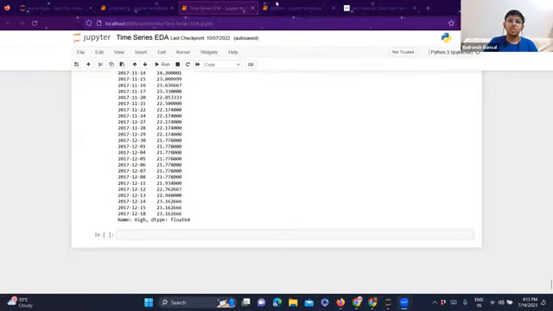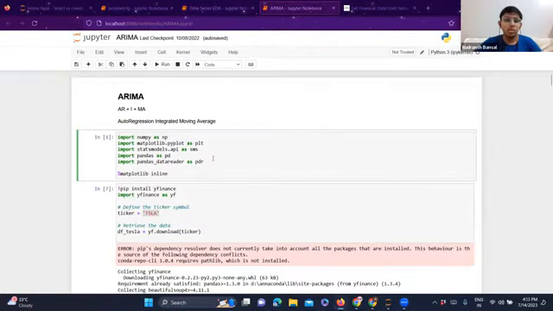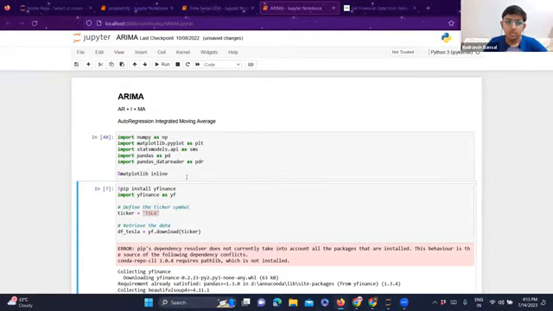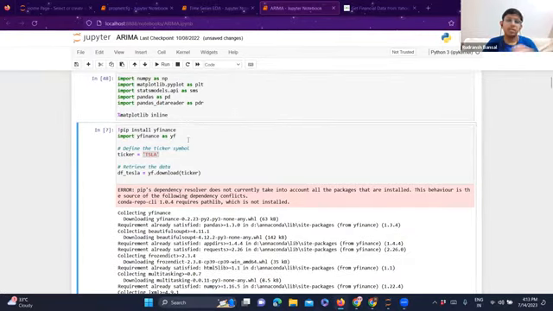Okay, let's go with ARIMA. Those of you who want to do it together, download it. These are some simple libraries. We just run it. And here I'm using Yahoo Finance. Initially I was using get data Yahoo. From Yahoo Finance, for any stock, you just have to write its NASDAQ stock index, which is the American Stock Exchange, here TSLA.